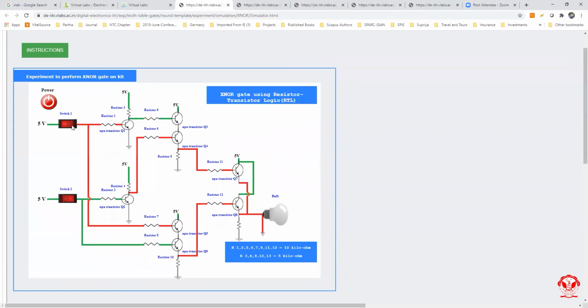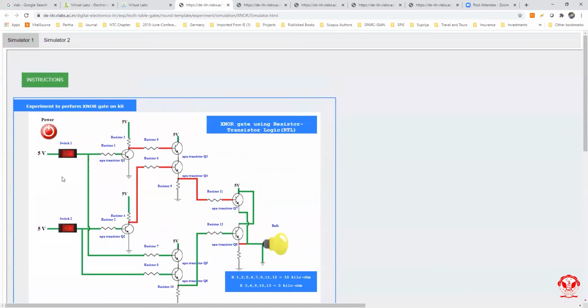Now we can see here also that for logic 0 and 1, the XNOR output will be 0. And for 1, 1, the output of XNOR will be 1. From here we can conclude that the output of XNOR will be 1 only when both the inputs are equal. Otherwise it will be 0.